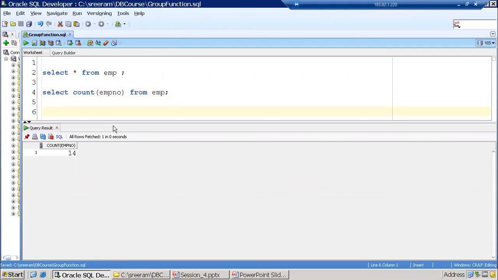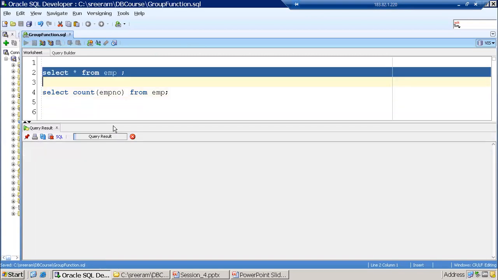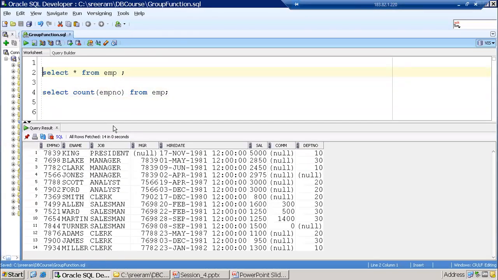Now let us say I want to calculate the number of employees in a particular department. This is my employee data, and I have a column called department number. An employee always belongs to a specific department, but there are also employees who exist without a department. Now I want to find out how many employees there are in each department.